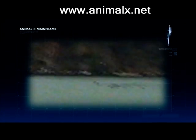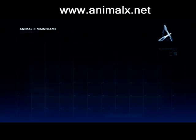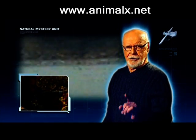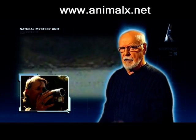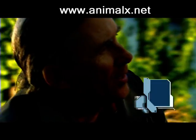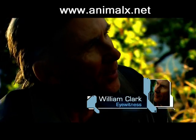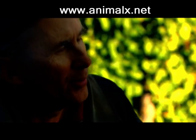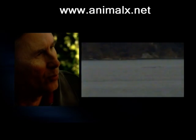Sea serpent frolicking under the Golden Gate Bridge? Twins Bill and Bob Clark think so. They shot these startling images in January of 2004. Now, how many times have you seen it altogether? Well, we've seen it 9 times now. We saw it 8 times between 1985 and 1987, and then the recent sighting in January, which we took the